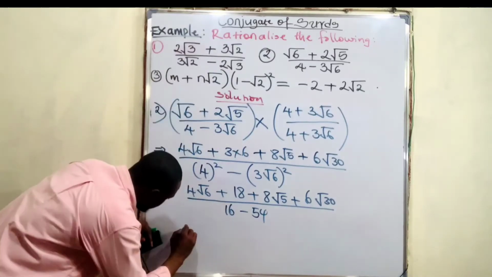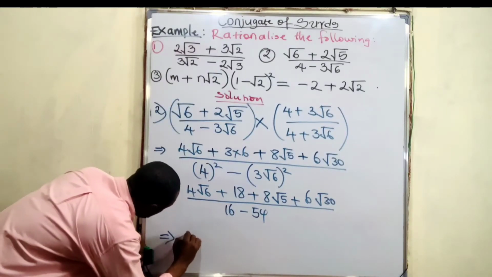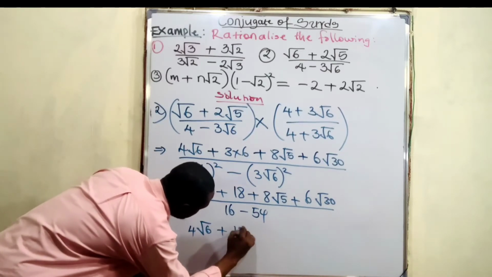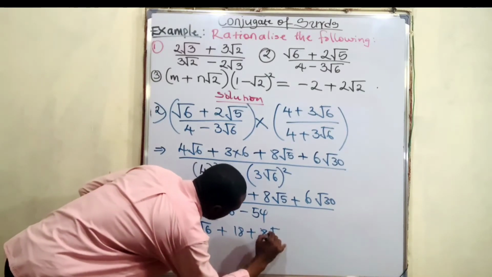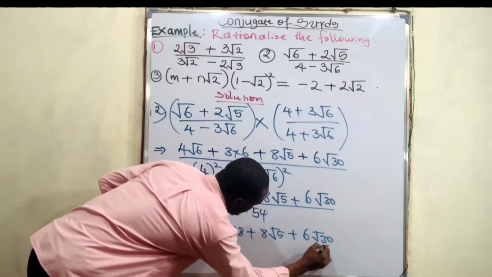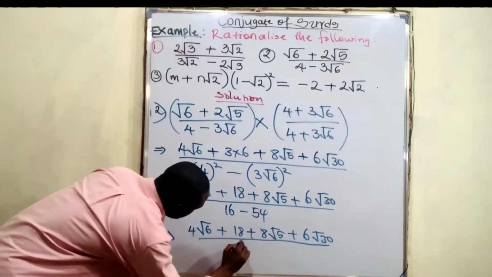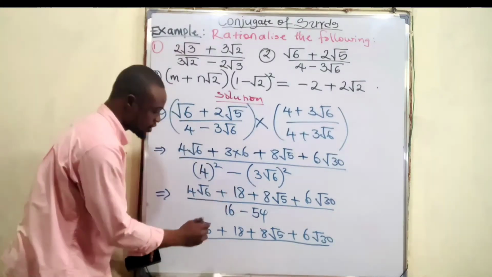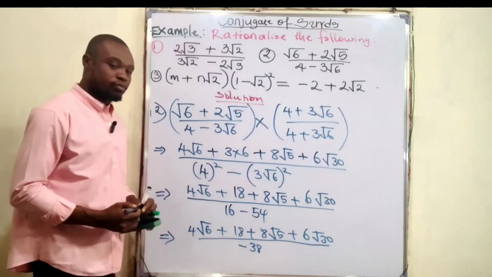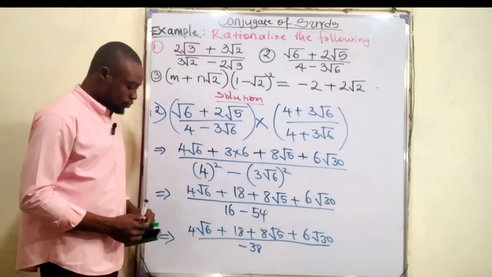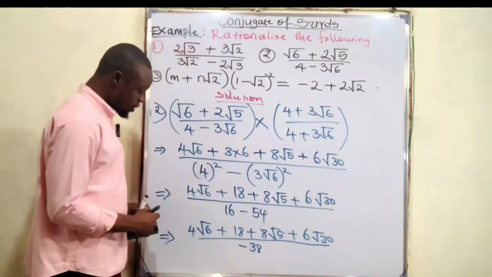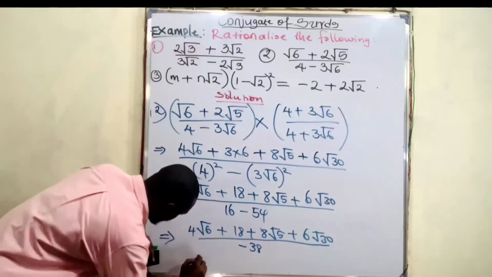So this is basically equal to 4 root 6 plus 18 plus 8 root 5 plus 6 root 30, all divided by, if you subtract this, you have minus 38. So basically, if we divide everything by what? 2. If you reduce everything by 2, we now have